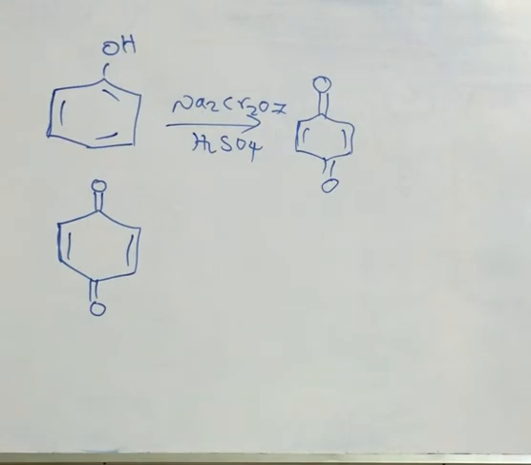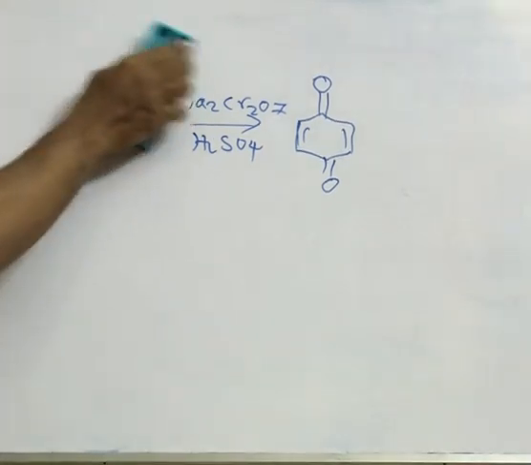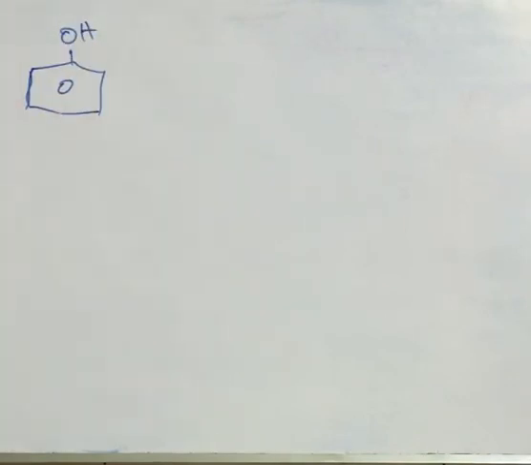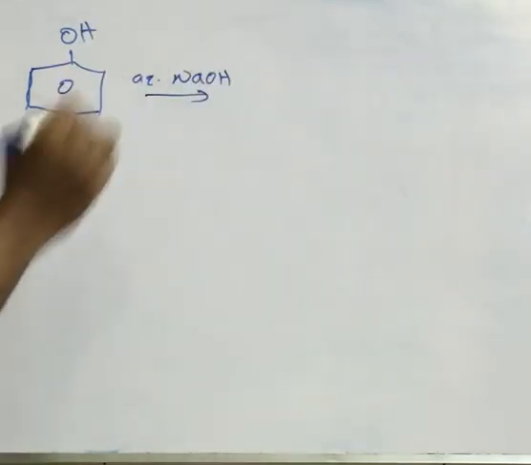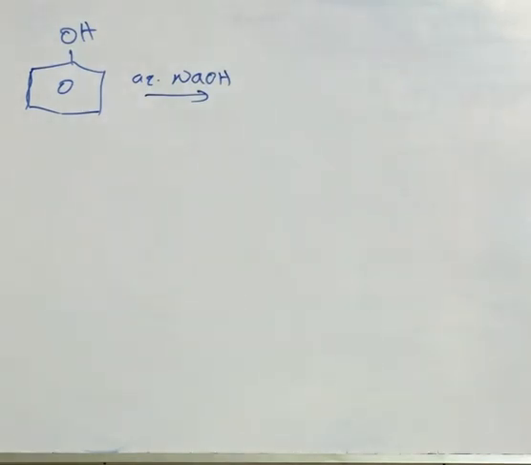And another conversion is phenol to salicylic acid. Phenol to salicylic acid, that is ortho-hydroxybenzoic acid. So if you have phenol, phenol is OH. Now salicylic acid has the COOH group at the ortho position. So it can be reacted with aqueous sodium hydroxide, NaOH, with CO2 and acidified,